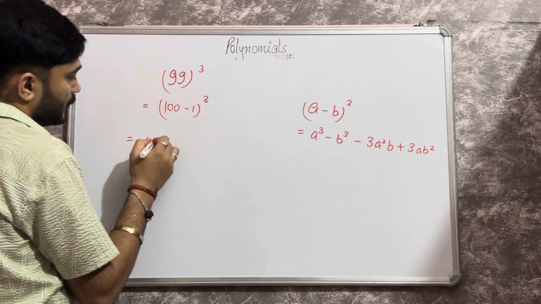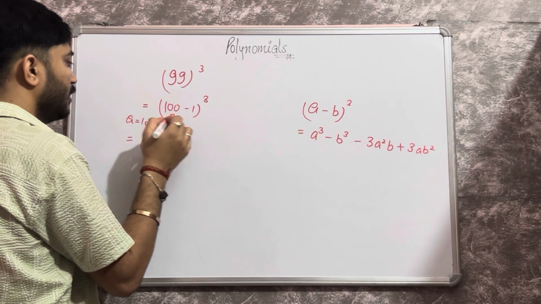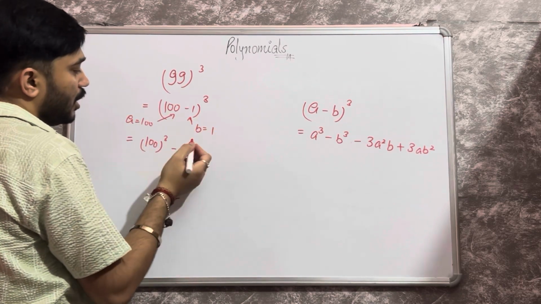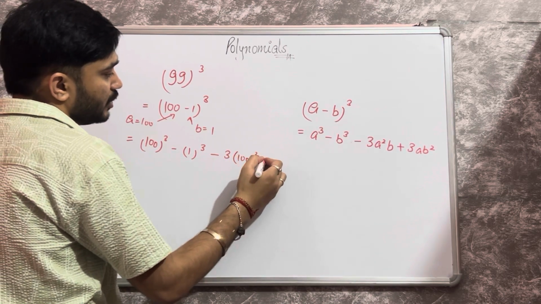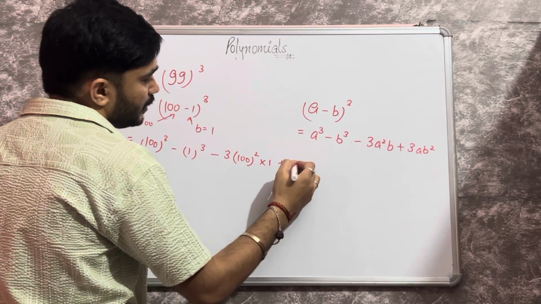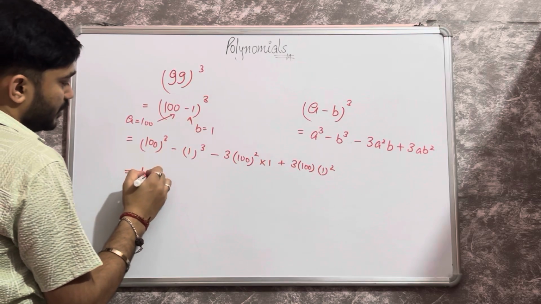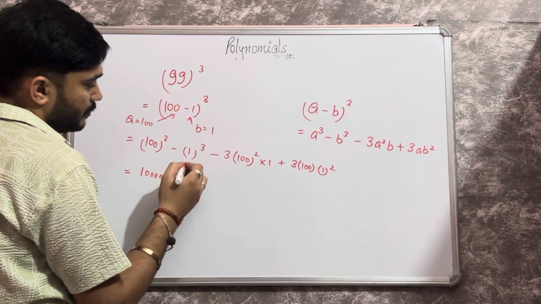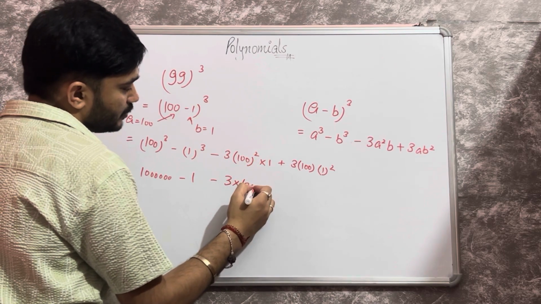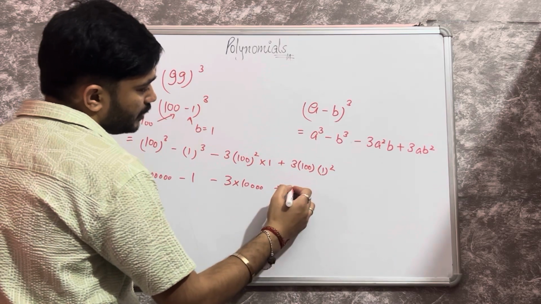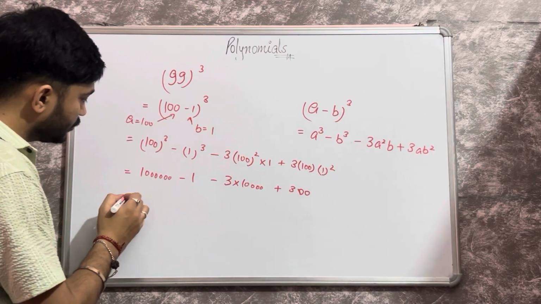So it will be 100 cube minus, a here is 100 and b here is 1, so 100 cube, 1 cube, minus 3 into 100 square into 1 plus 3 into 100 into 1 square. The cube of 100 is 1,000,000, minus cube of 1 is 1. 3 into 100 square, that is 10,000, plus 3 into 100 is 300. Yes or no? So our answer will be